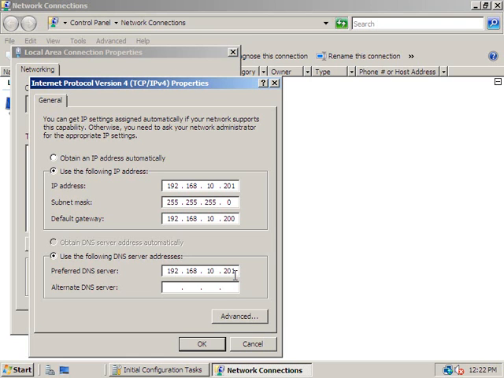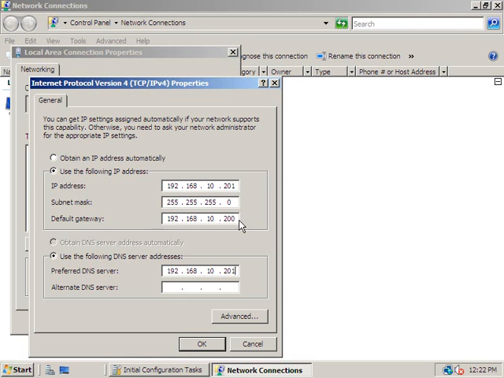And the reason why is because in just a few moments we are going to install the Active Directory Domain Services role, and as part of that it will automatically install and configure the DNS server role, which is a requirement for Active Directory. So for right now, put in a valid IP address in your network, a valid subnet mask, the default gateway if you want to be able to get out to other networks or out to the